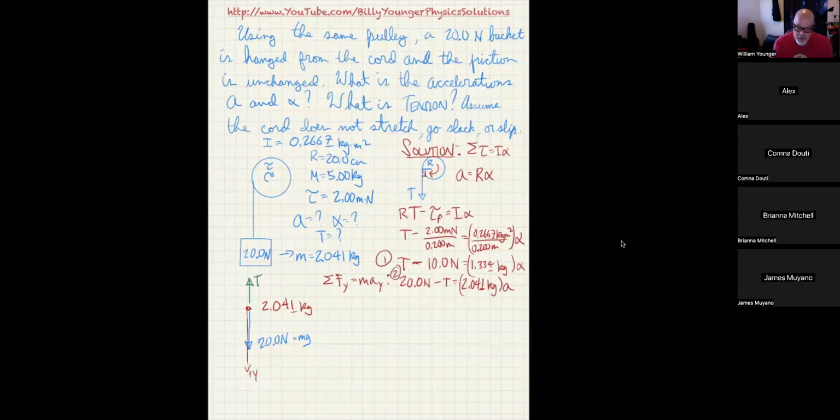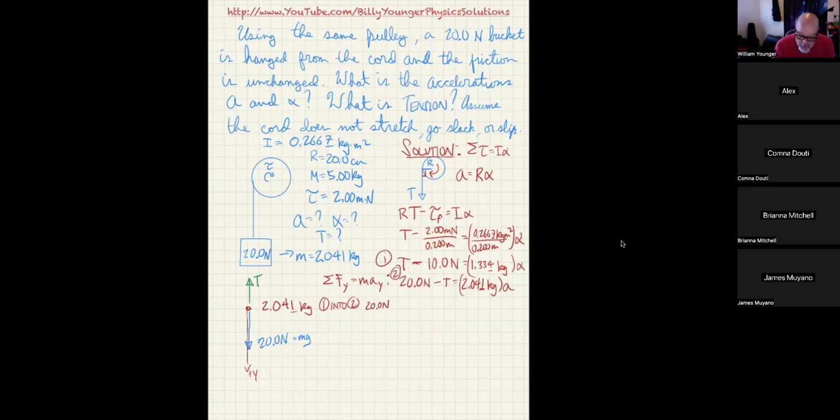So I can combine equations 1 and 2 to eliminate T by just solving, for instance, equation 1 for T. So 1 into 2 is going to give me, notice if I solve for T, that's going to be 10 plus 1.334 times alpha. So I'm going to say 20.0